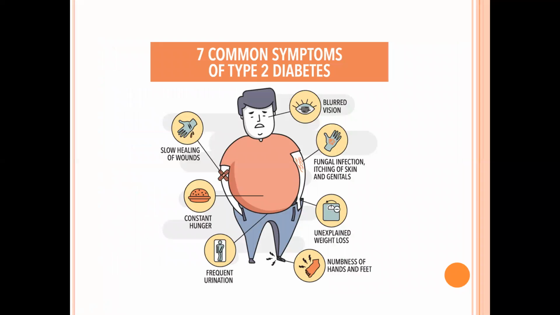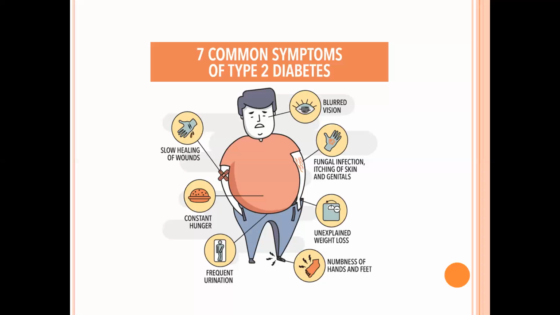Next, these are the symptoms of type 2 diabetes. As I told you, type 2 diabetes generally occurs if the man or woman is obese, overweight, and if he is having high BP or blood pressure. Almost the same symptoms, but type 2 diabetes generally occurs after the age of 30 or 40 years. And if you control your lifestyle, by diet and by doing exercise, type 2 diabetes can be controlled.